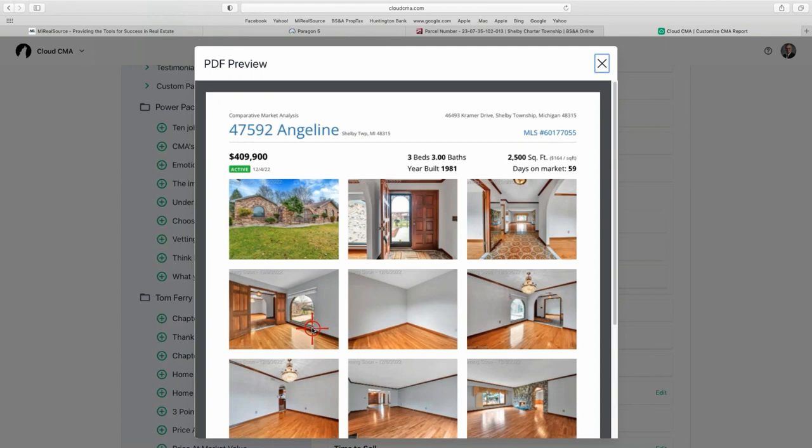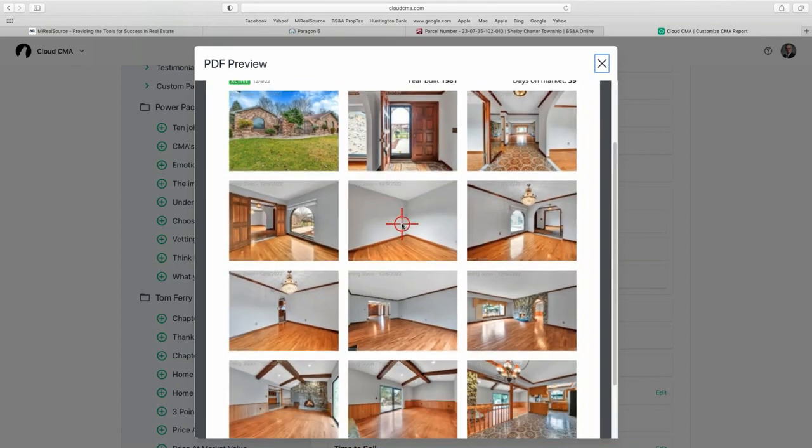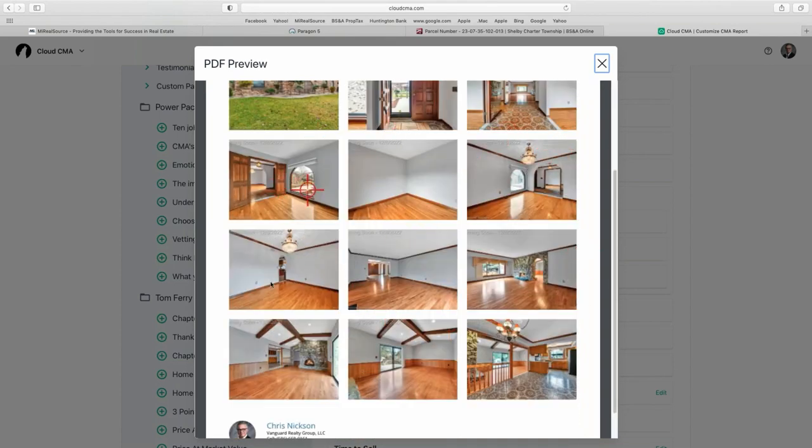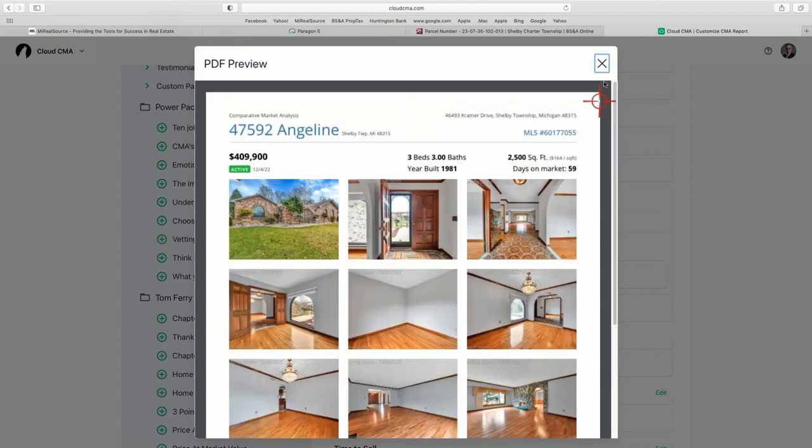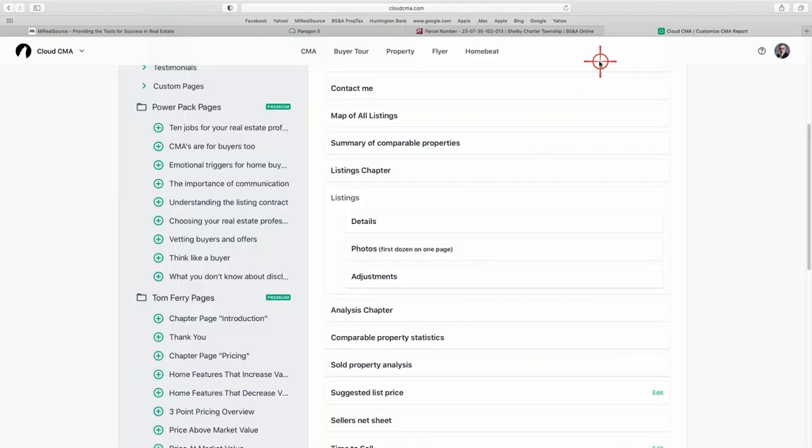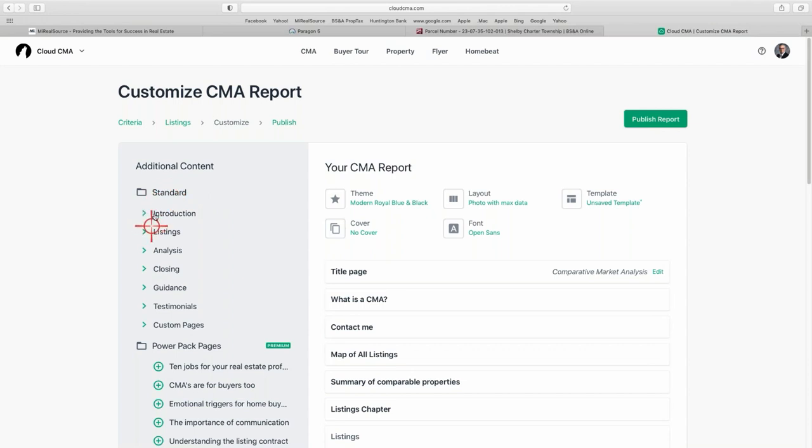I've noticed, during COVID, the number of photos we started putting online significantly increased. Agents started doing a much better job of posting photos. They got in the habit of it. So it only gives you a dozen of them, and as you can see, this appears all to be in one room. So if you want to include more photos for all the listings, you come up here under